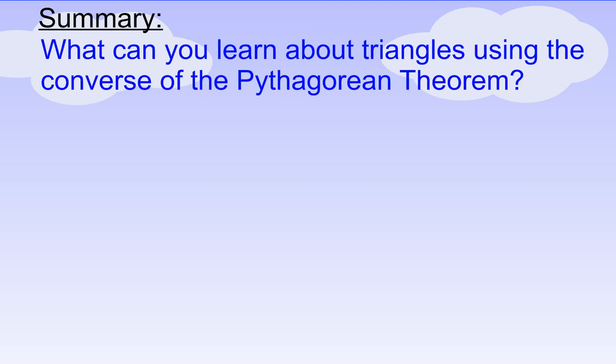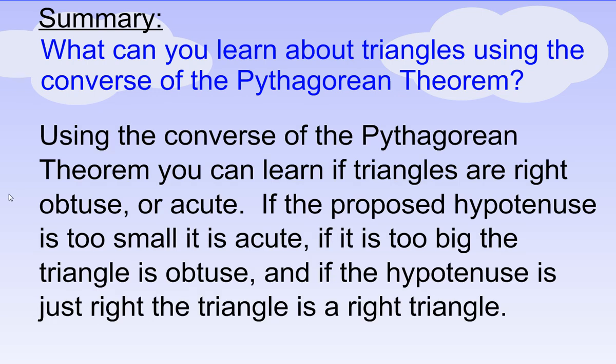Summary. In the summary box, what can you learn about triangles using the converse of the Pythagorean theorem? Go ahead, pause the video, do it right now. So I said, using the converse of the Pythagorean theorem, you can learn if triangles are right, obtuse, or acute. If the proposed hypotenuse is too small, it is acute. If it is too big, the triangle is obtuse, and if the hypotenuse is just right, the triangle is a